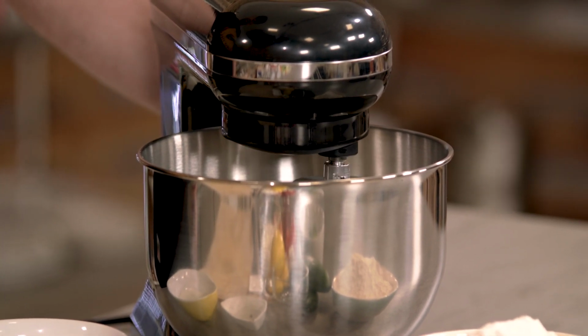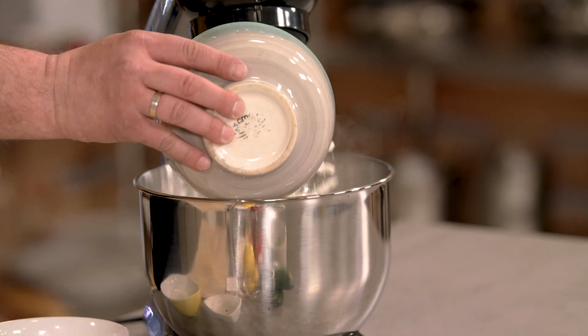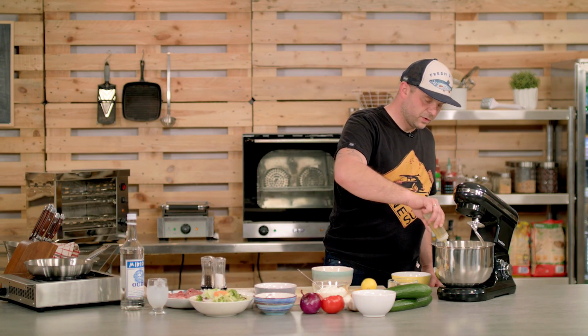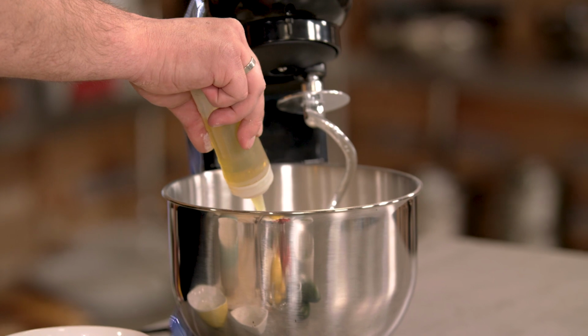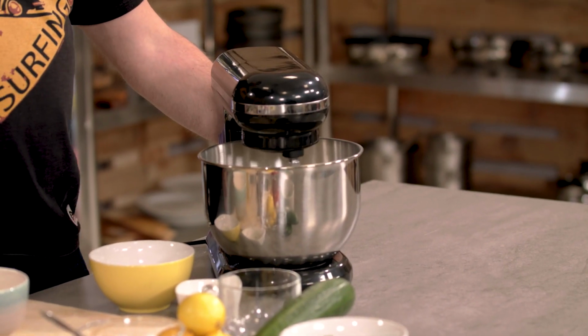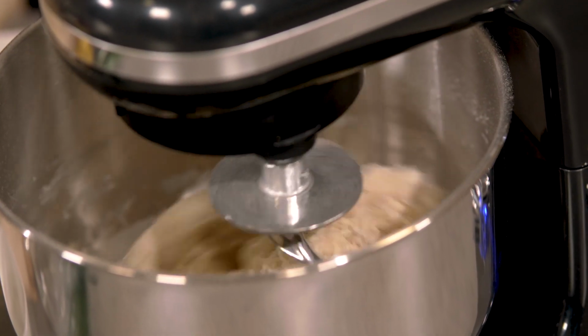When you see the water frothing up a little bit, it means the yeast is activated and you can add all your dry ingredients. All right, so let's open it up and add all our dry ingredients. I'm adding flour, sugar, salt, and a dash of olive oil. The water you need is 1.5 cups, so it's about 400 mils for 500 grams of flour. Then turn on your mixer and combine all the ingredients into a really smooth and thick